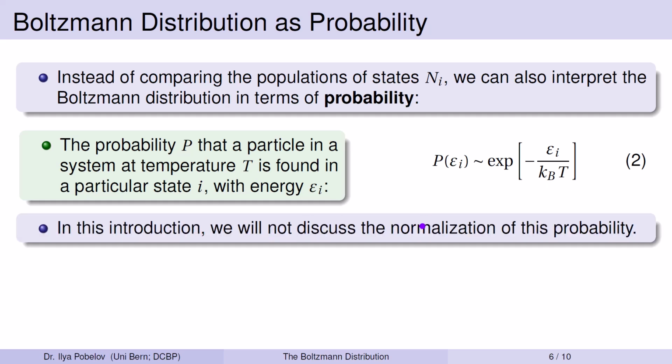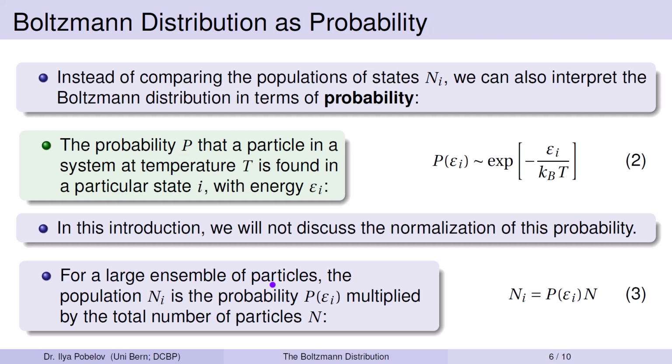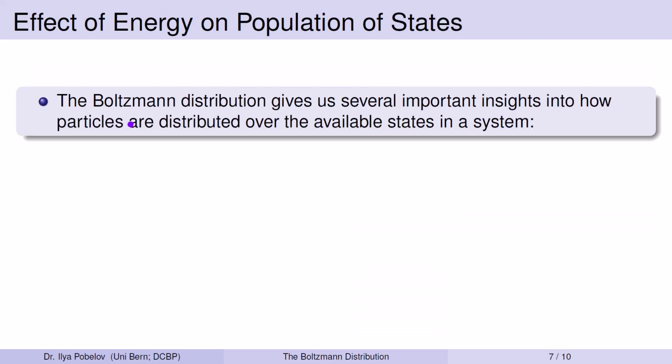In this simple introduction, we will not discuss the normalization of this probability. The population of a state and the probability of being in that state are directly related. In fact, for a large ensemble of particles, the population is just the probability multiplied by the total number of particles. The Boltzmann distribution gives us several important insights into how particles are distributed over the available states in a